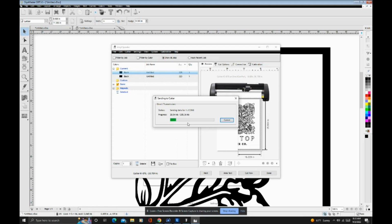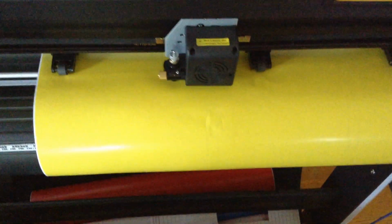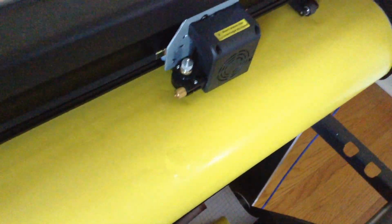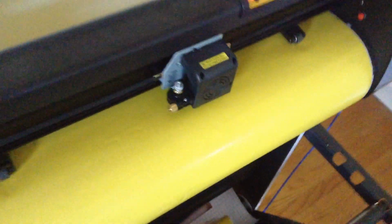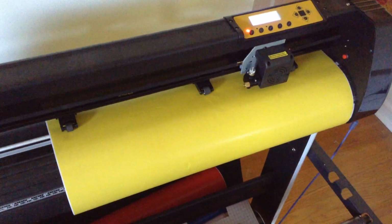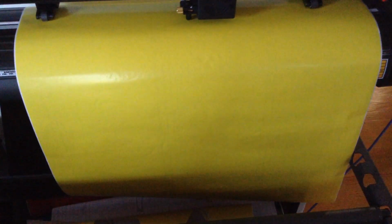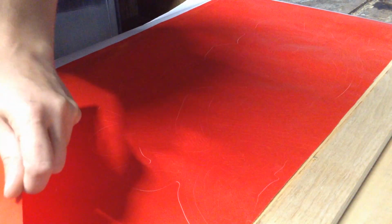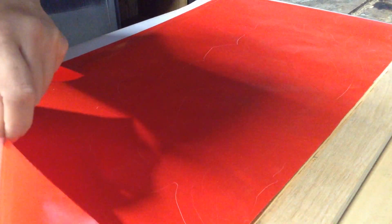But for this project, this vinyl cutter is great. All the alignment's perfect, everything's square. And the problem with the projector is it could be a pain to set it up, but also you're hand drawing everything, which is time consuming, and it's not always perfectly accurate because my hand is obviously not the equivalent of a computer. So this was very simple to just import this, Photoshop it so I could have the width I needed, import it into the program, and the vinyl cutter cuts it, and then I could just transfer this